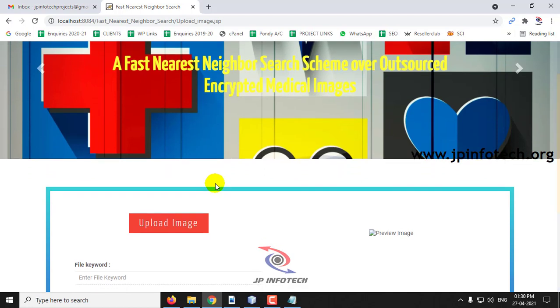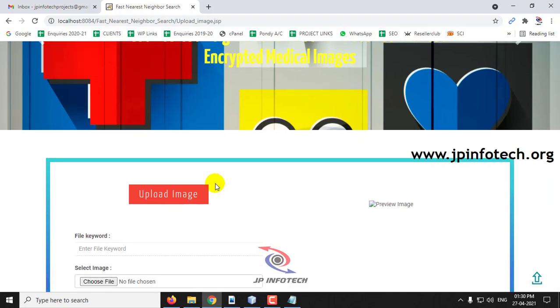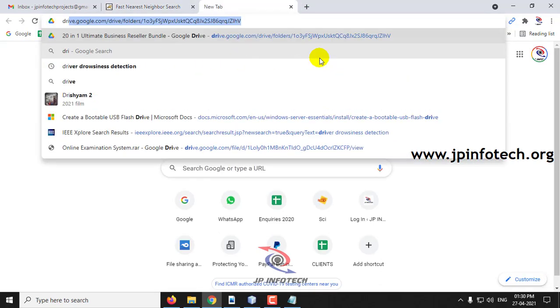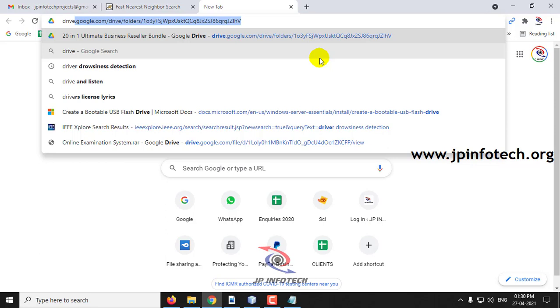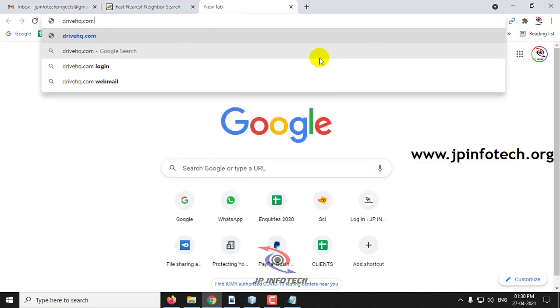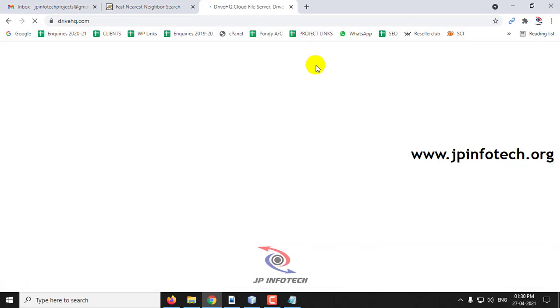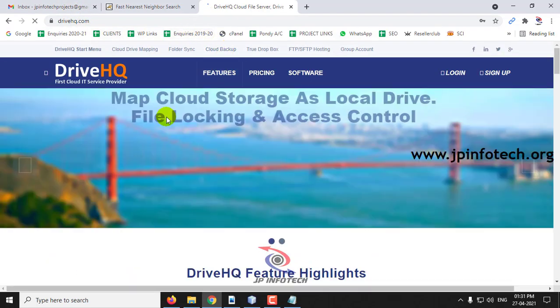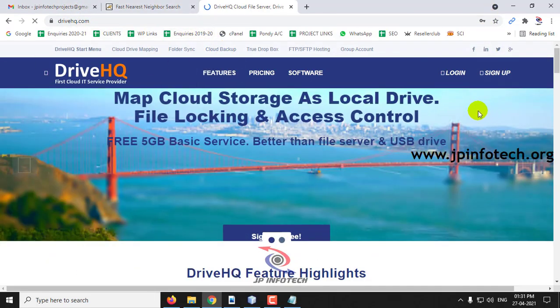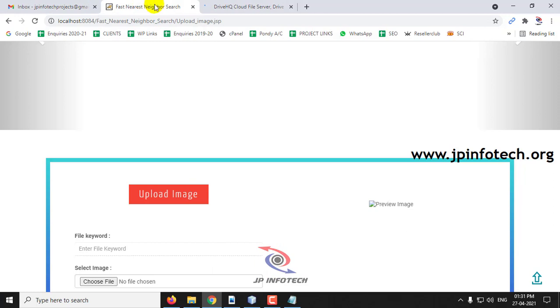And kindly note that as we are using a cloud service, we'll be using Drive HQ Cloud to upload the encrypted images in the cloud. Let me show that.